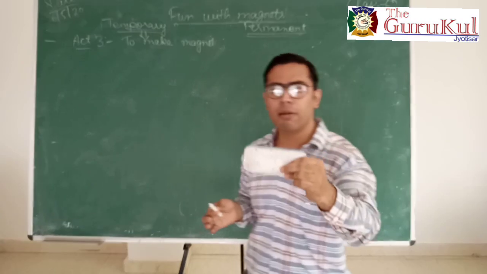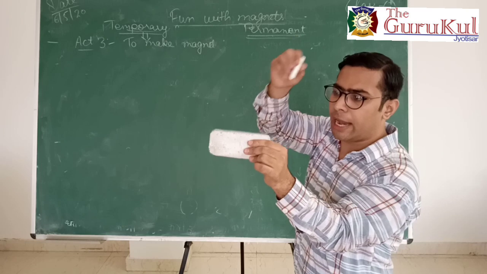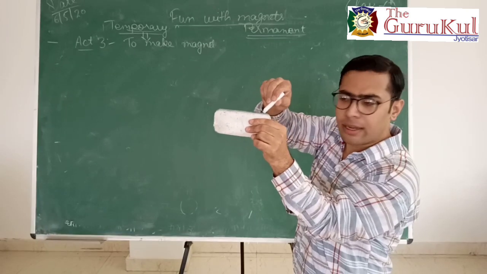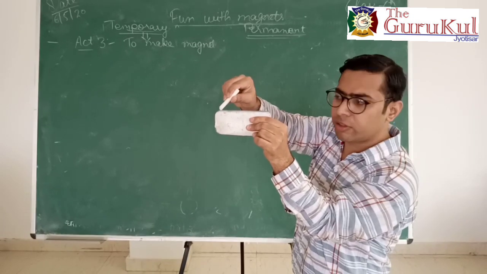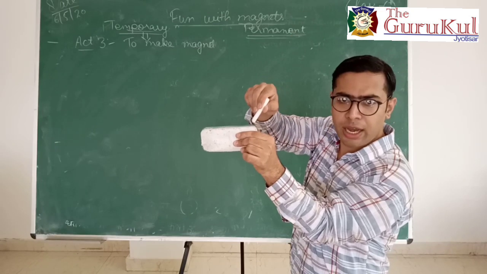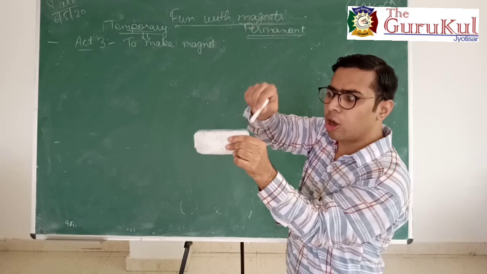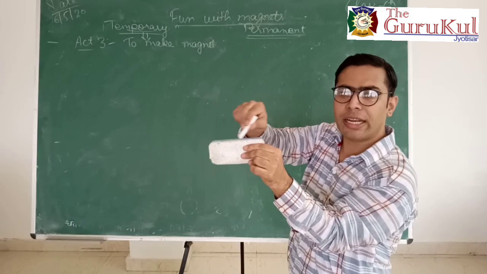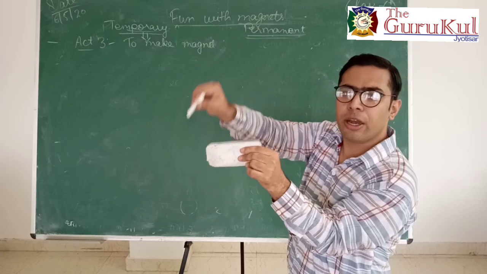First you take a magnet and take a sewing needle made of iron and put the sewing needle to one end of the magnet. Now slide the iron needle to the other end or other pole of the magnet. Now lift the iron needle, again put it on one end, again slide. You have to repeat this process around 20 to 30 times. And when you do this, you will find that after some time, this iron needle temporarily